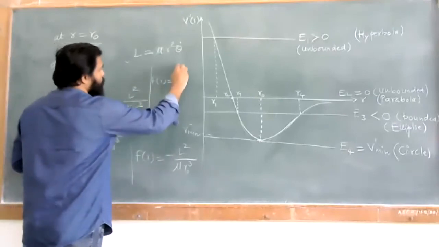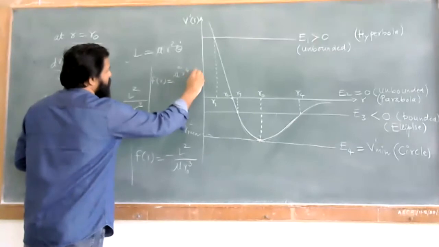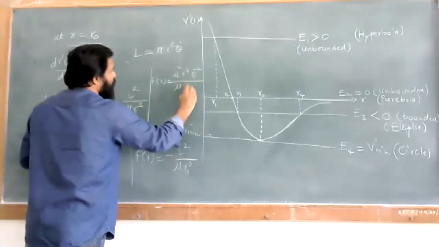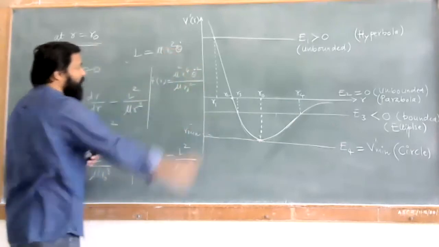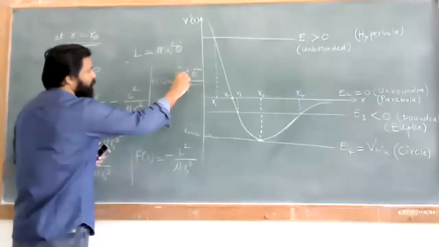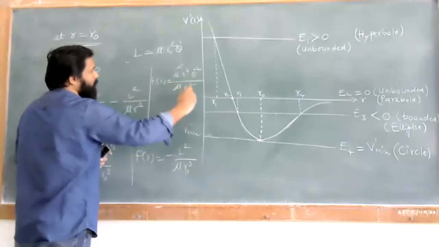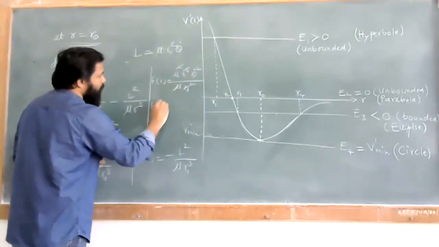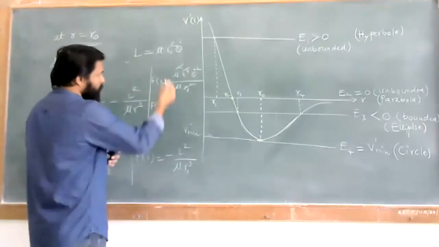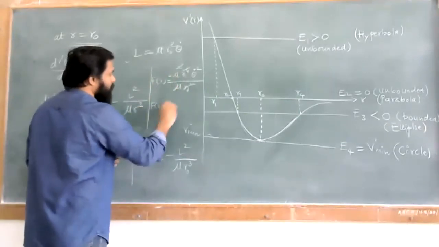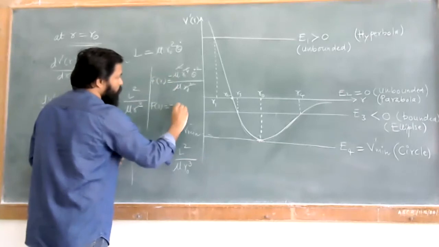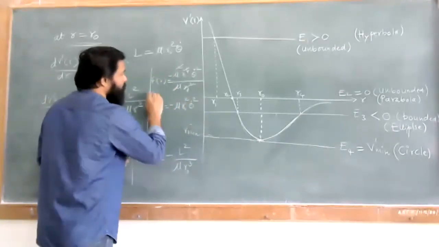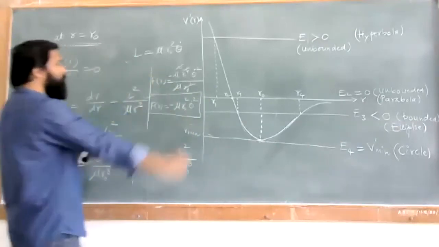So this mu square r raised to 4 theta naught square divided by this mu r naught square. So this r is nothing but r naught, so I can write it also r naught. So this mu will be cancelled out, r square will cancel out with r raised to 4, and this f of r is equal to, with a negative sign, minus this mu r naught square into theta naught square. So what is your central force?